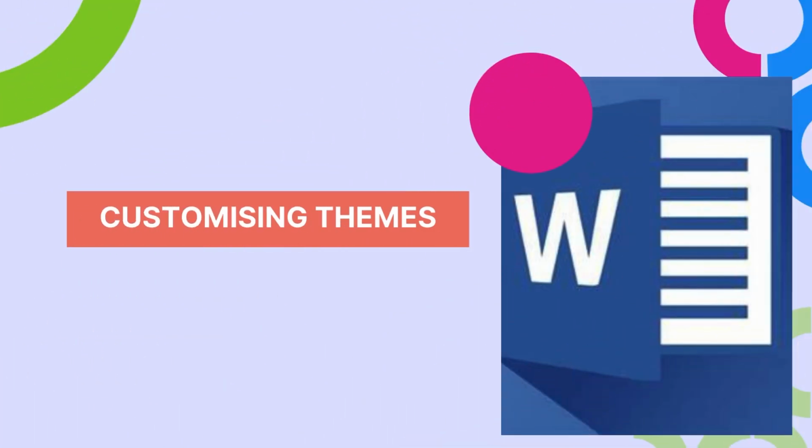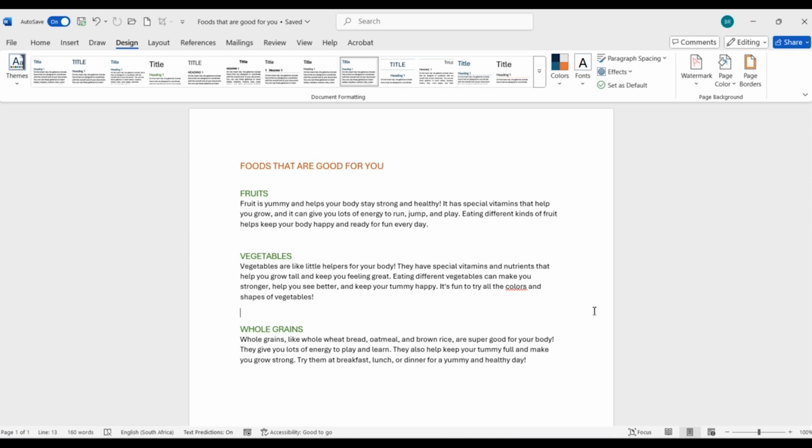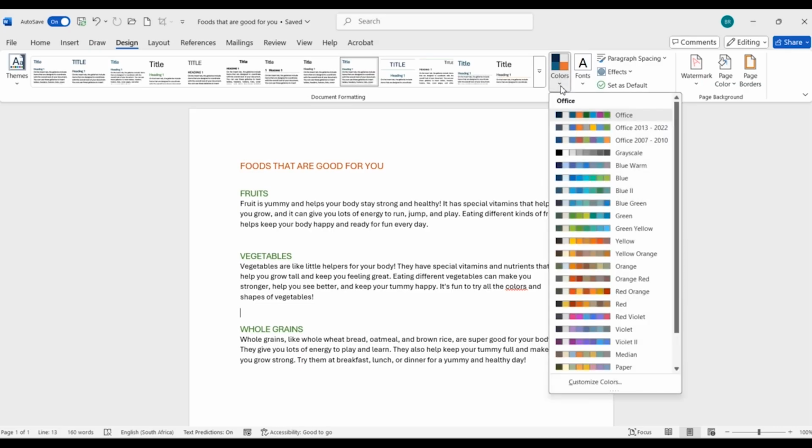Customizing themes. If you want to customize a theme to better fit your needs, go to the Design tab. Click on Colors or Fonts in the Document Formatting group to choose or customize color schemes and font sets. For more advanced customization, click on Customize Colors or Customize Fonts to create your own color schemes or